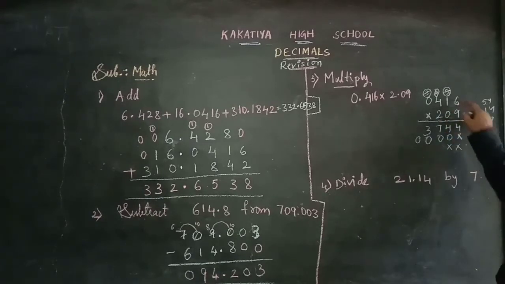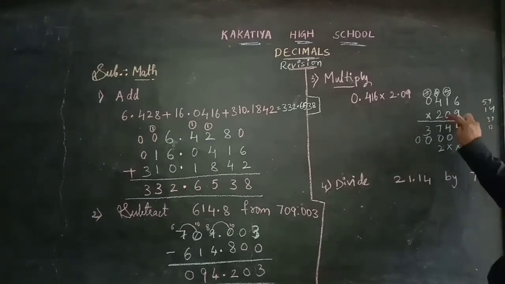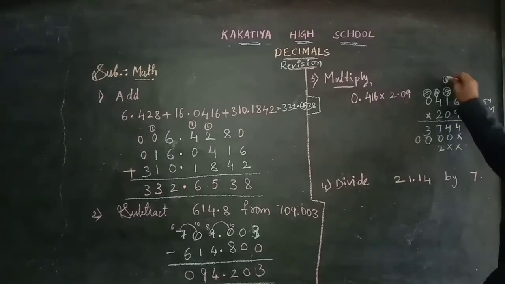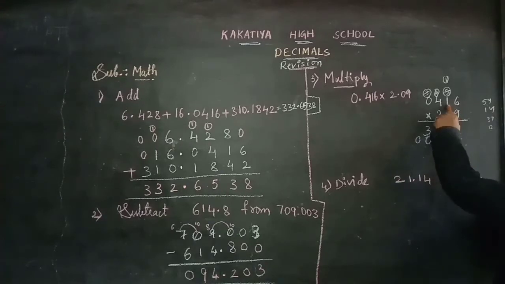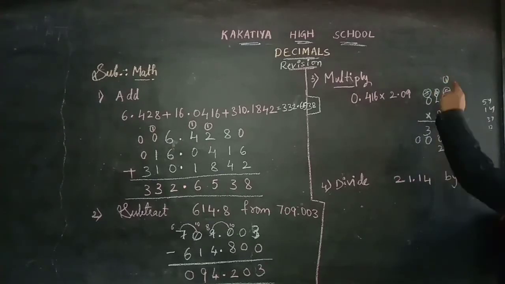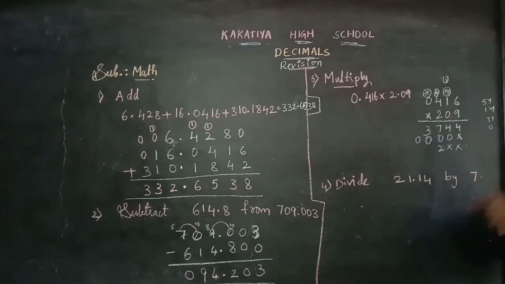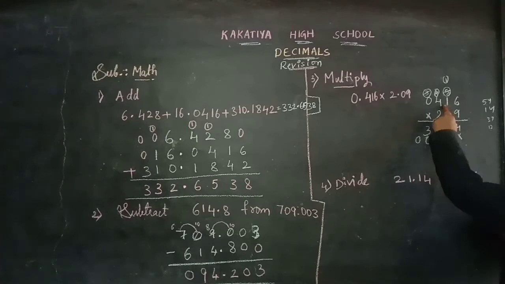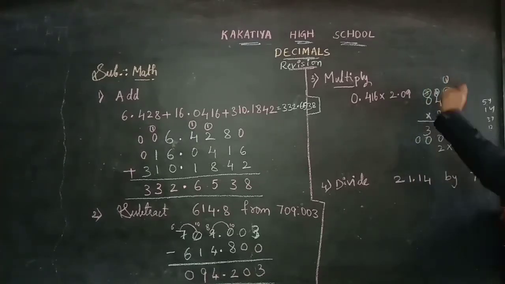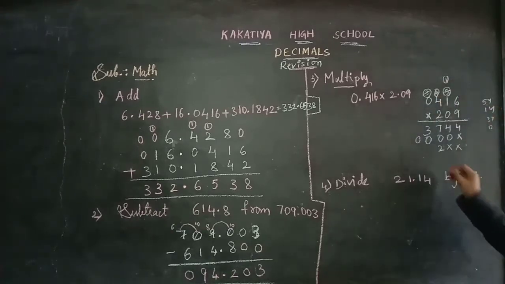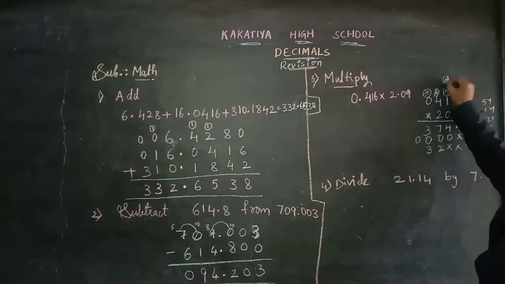Now 2 6s are 12. 2 6s are 12, means 2 digit number. 2 here and carry on the before, which is 1. Now 2 ones are 2 and we need to add this carry children. Already we added this carry, that's why we cancel. So to avoid that confusion only we have cancelled that. Now 2 ones are 2 plus this carry 1, means 2 ones are 2 plus 1 is 3. So I am writing here 3 and cancel this.